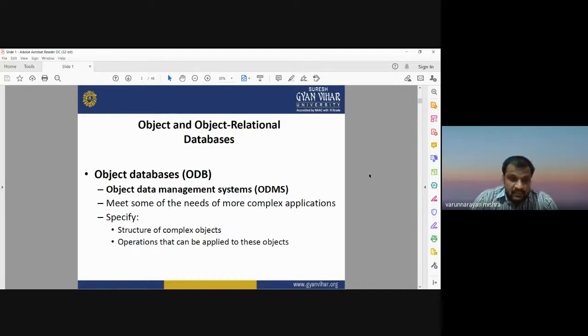But if you want to deal with complex objects, like videos, different audio files, images, and photographs, it is very hard to find any relationship. If you have two videos, it is very hard to find the relationship. These are complex objects, complex data sets. For analyzing or managing such complex objects, we use an object data management system.